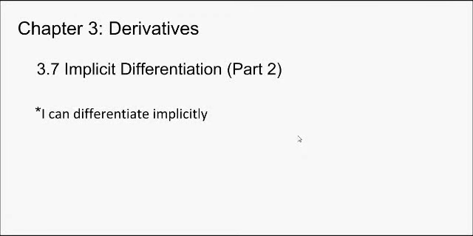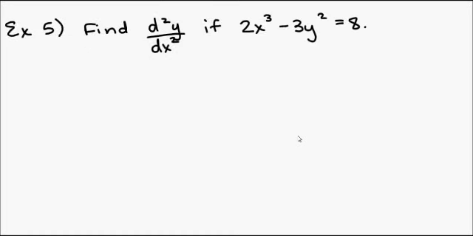3.7 Implicit Differentiation, Part 2. So we're continuing this lesson. Still, your objective is to differentiate implicitly. Picking up with example 5, we want to find d squared y over dx squared if